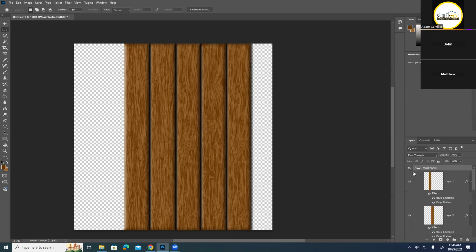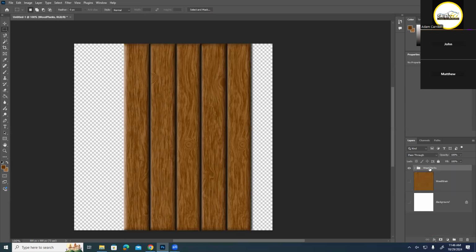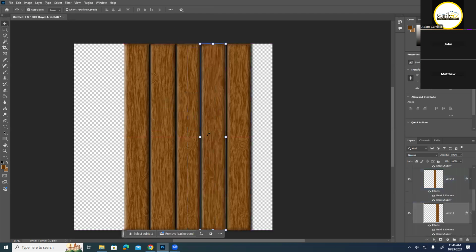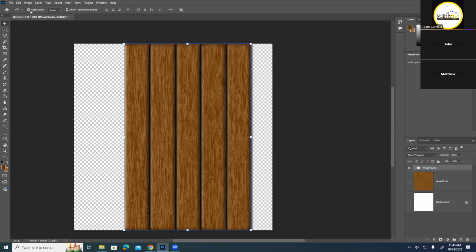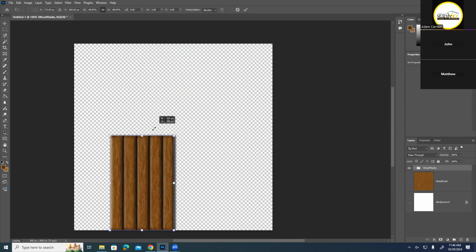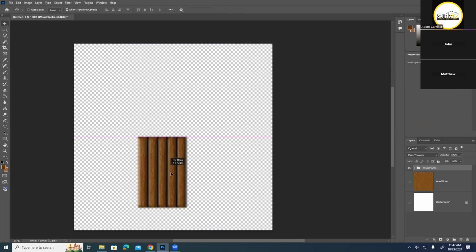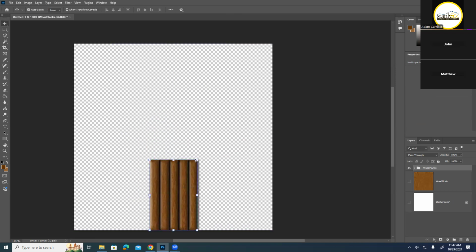Now, the cool thing about groups is it still has all of the individual layers inside of the group. But if you click on the group itself, then it will allow you to treat all of the objects within that group as one object. So you could scale them down together. And if you were trying to make wooden planks or a box,